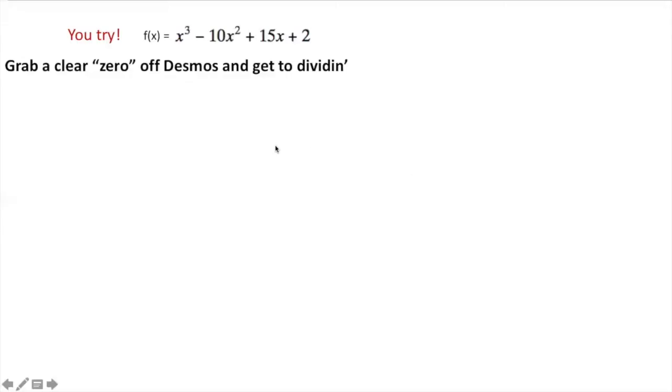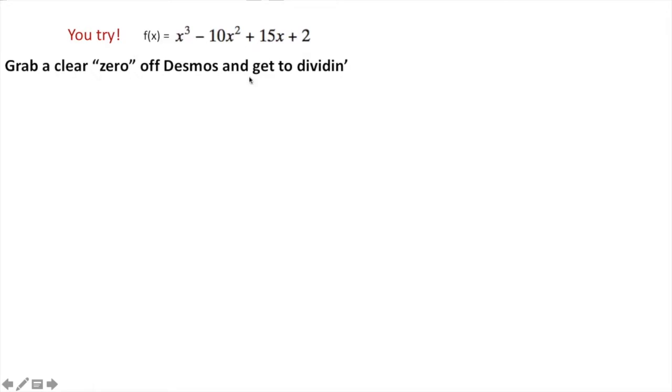Okay, next is a you try. I want you guys out there in YouTube land to try x cubed minus 10x squared plus 15x plus 2. The objective is to find all 3 zeros. You have to get 3 because that's the degree. So I want you to pop this into Desmos, find a clear 0 or x-intercept, and then get to dividing